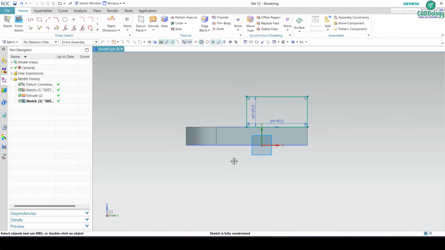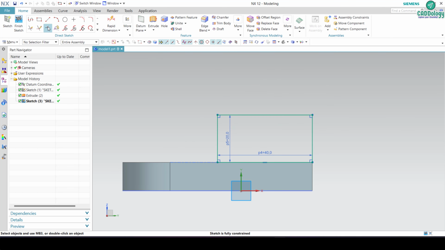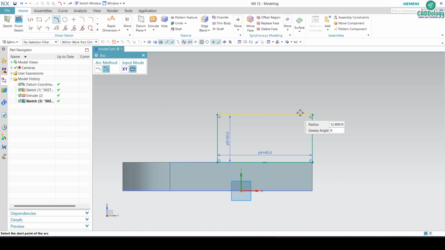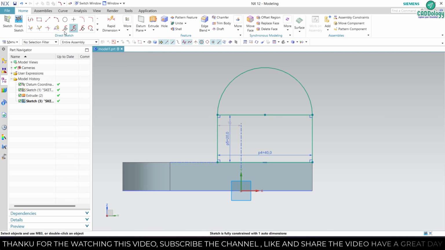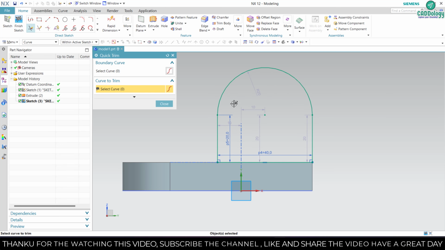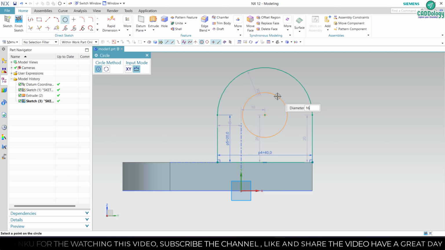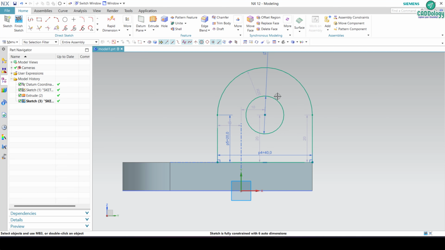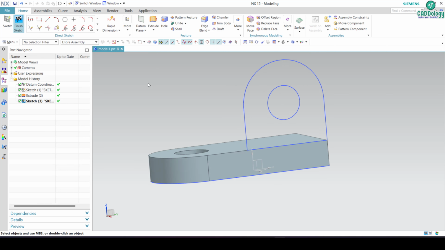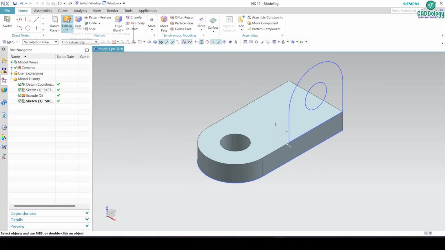And then make a center arc. Select center, starting point and ending point. And then trim. After that, create a circle of 16 mm diameter for making a hole. And then again extrude